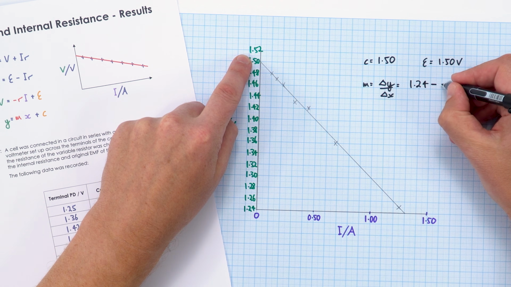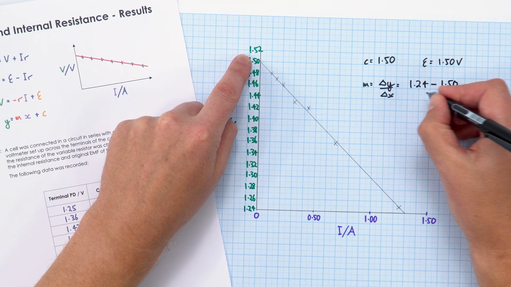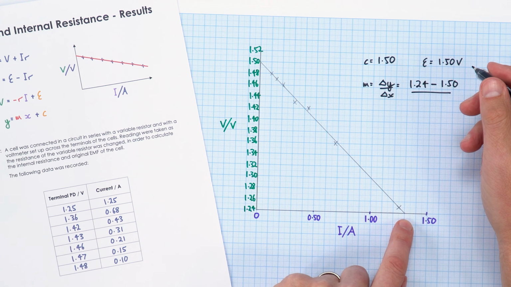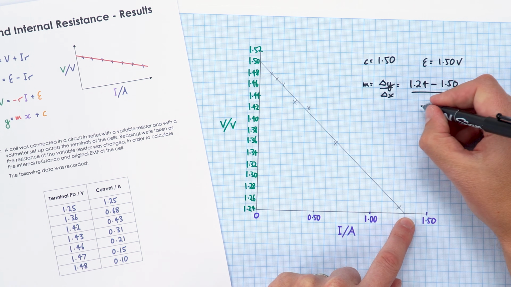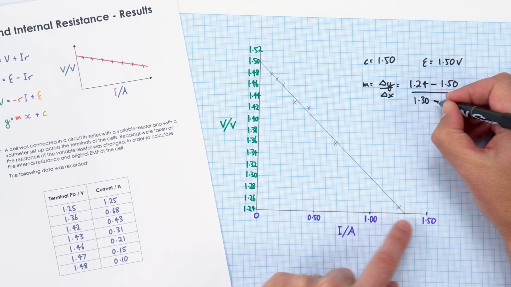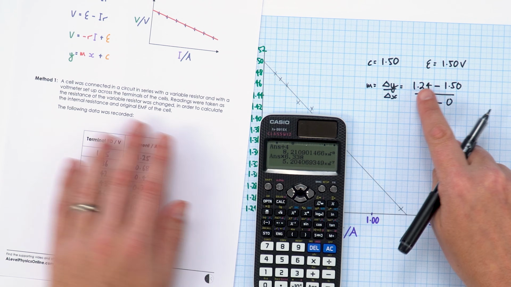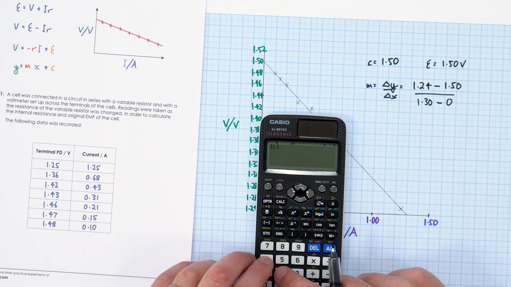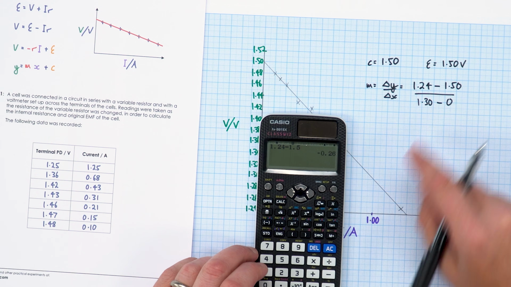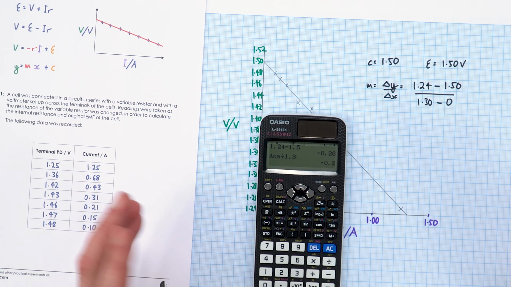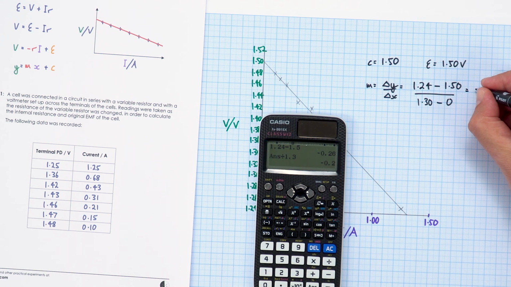The initial value is 1.50, and this changes over, well, if that's 1, that's about 1.30, and that one there is 0. So we've got a small number take away a larger number, so that means it's going to be a negative value, which is what we'd expect. In here, this is equal to minus